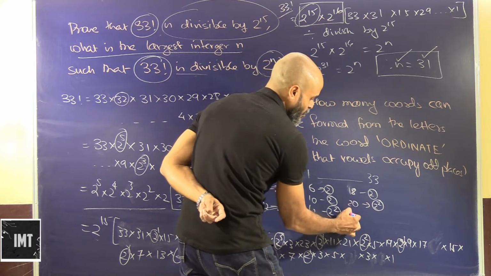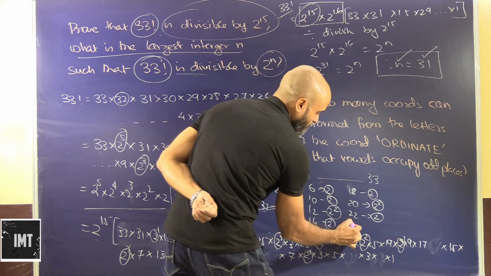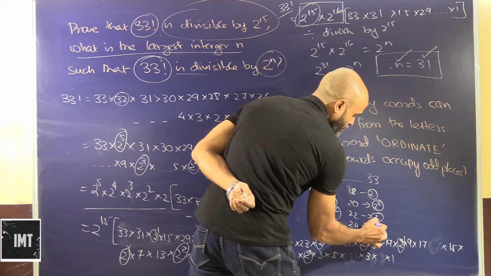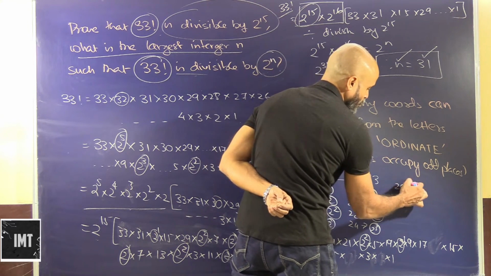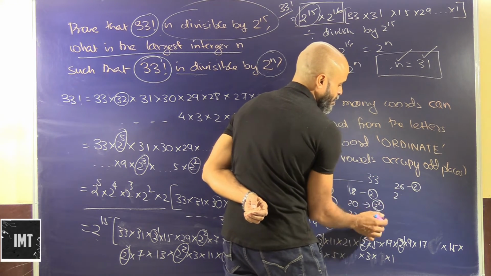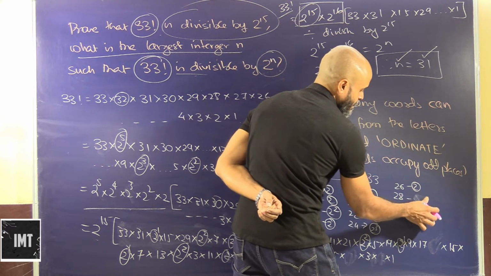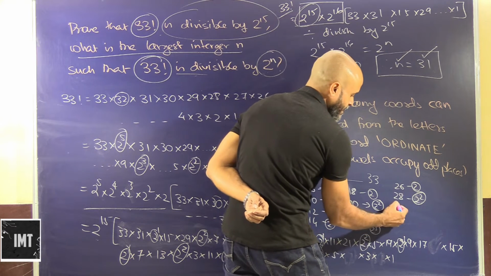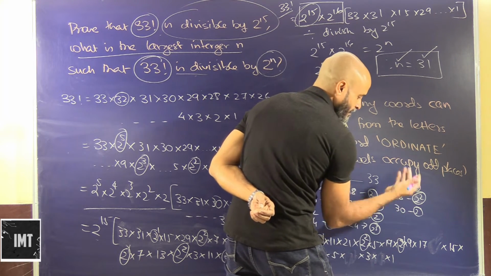21 nothing, 22 we have 1 2 coming out, 23 nothing, 24 is 4 6s are 24, so this will be 2 cube, 8 3s are 24 basically. 25 nothing, 26 we have 1 2 coming out, 27 nothing, 28 basically 2 square coming out, 4 7s are 28. 29 nothing, 30 we have 1 2 coming out, 31 nothing, 32 is already out.